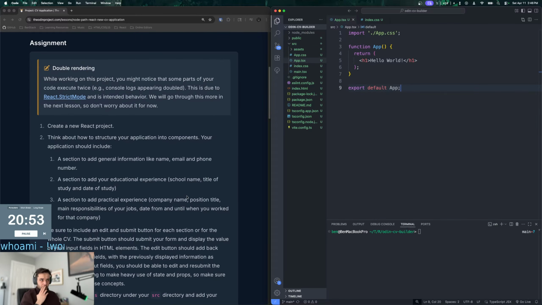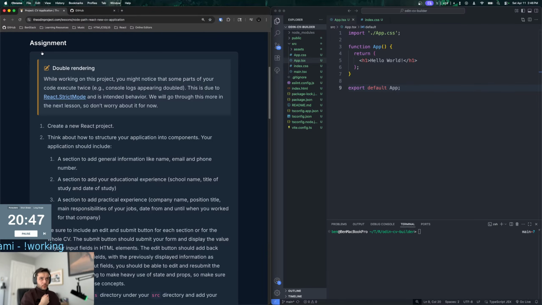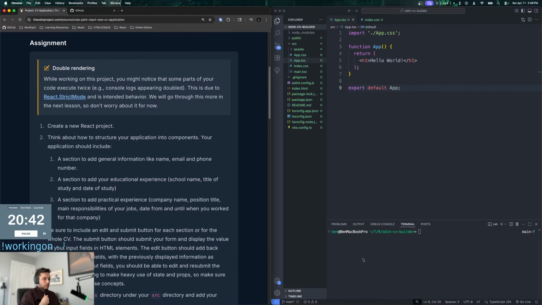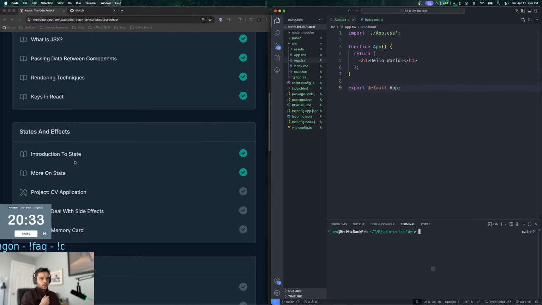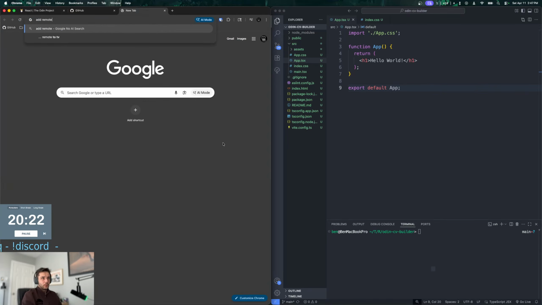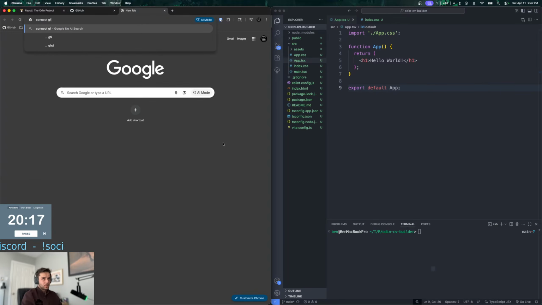Maybe make a, I need to connect this as well to a GitHub repo. I forget how to do that. I need to add the remote. I forget how to add a remote. Let me put it this way: connect Git repo to GitHub.